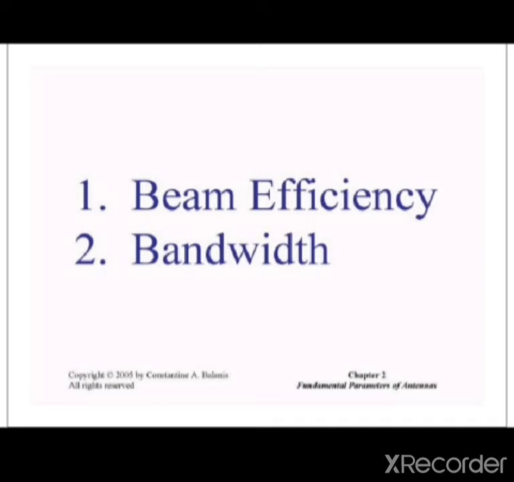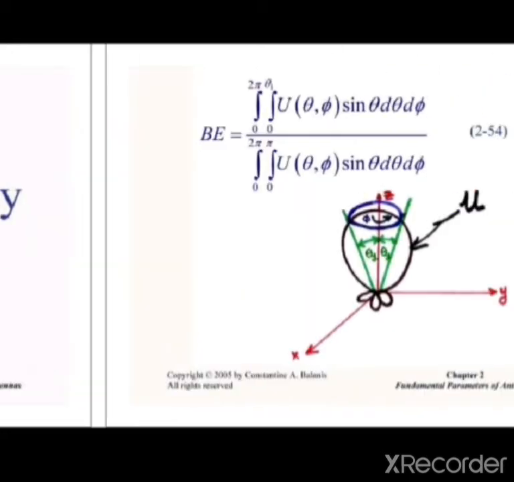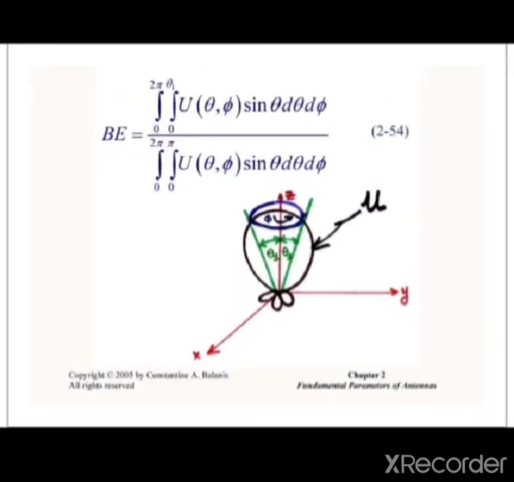Similarly, you used to take Omega small m, that is the minor lobe. So the ratio of the major lobe to the total beam area is called the beam efficiency, generalizing the definition. Now, taking this mathematically, the beam efficiency is the integral of U(theta, phi) sin theta d theta d phi